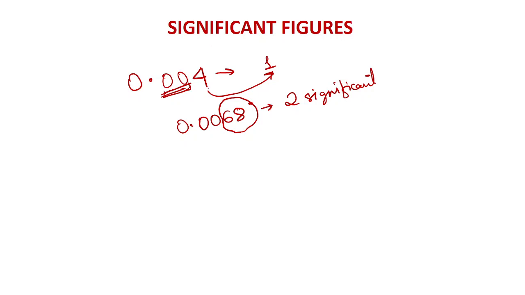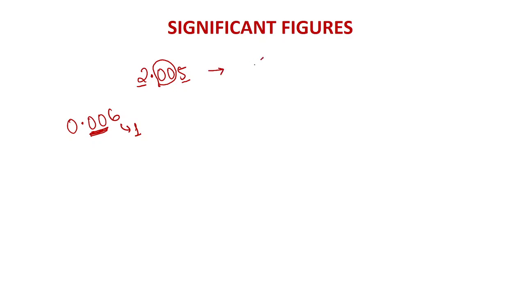Only those numbers which are non-zero will be significant. Now another rule, the third rule, says that if a number has 0 in between, like 2.005, then in the first case you see you had 0.006, suppose, here these two zeros are not significant. It has only one significant figure, but now this 0 is embedded in between two significant figures, so